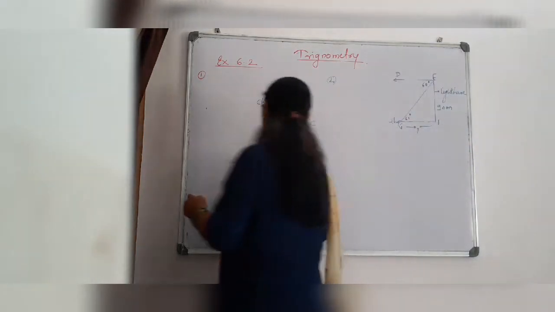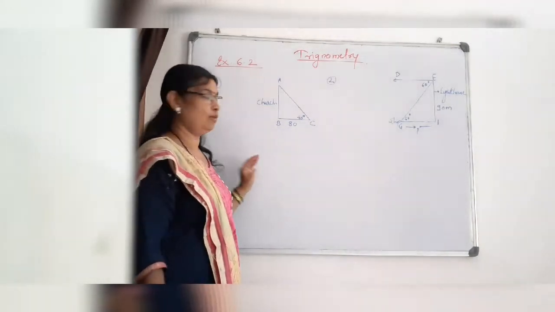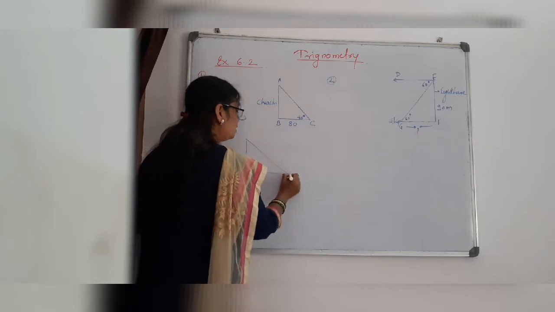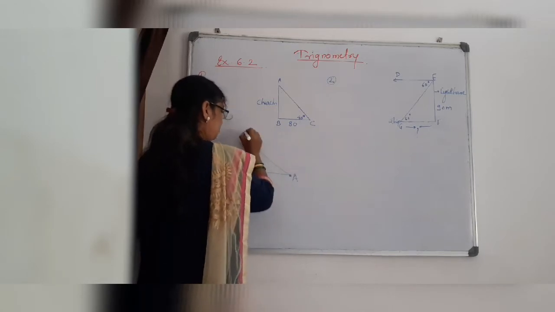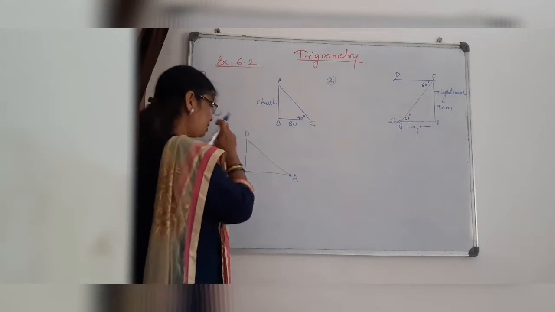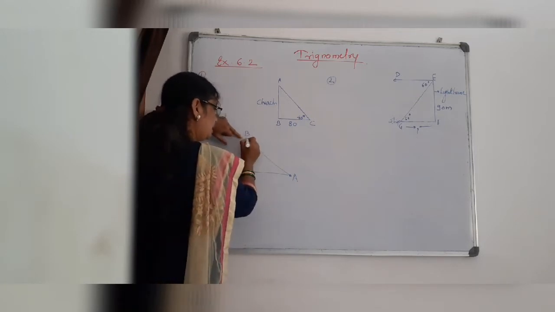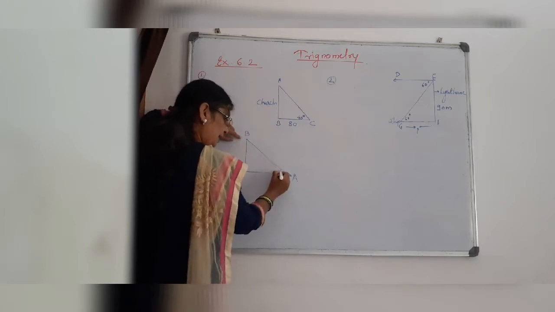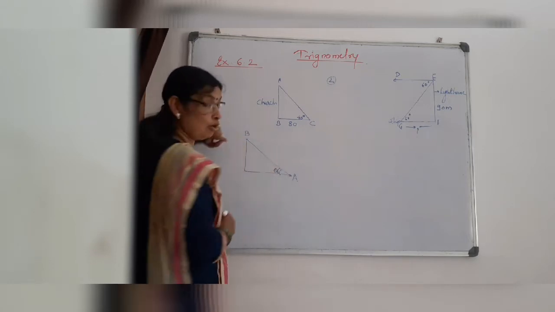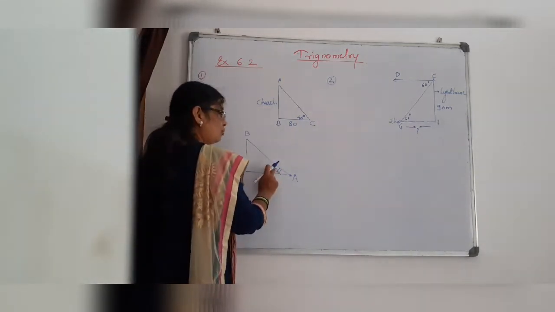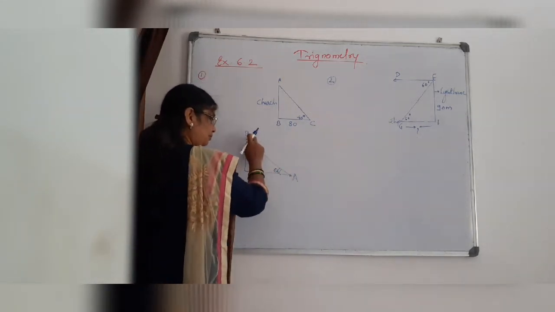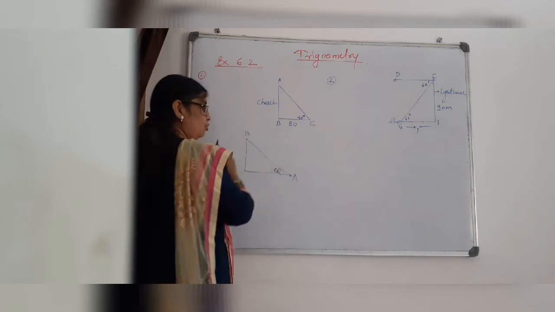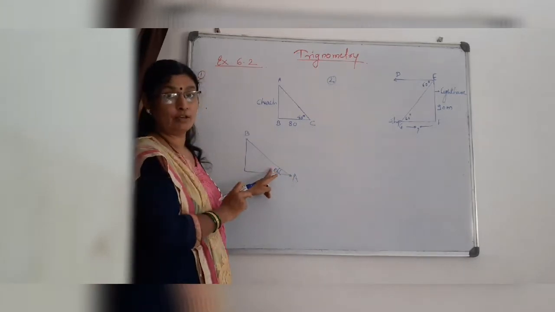Now first let's revise what is meant by angle of elevation and angle of depression. Now see here, what is meant by angle of elevation? If A is the observer and it looks at which point? B, at a higher level. If the observer looks at a higher level, then the angle between them is called the angle of elevation. He looks at B, which is higher than A, then this angle is said to be the angle of elevation.